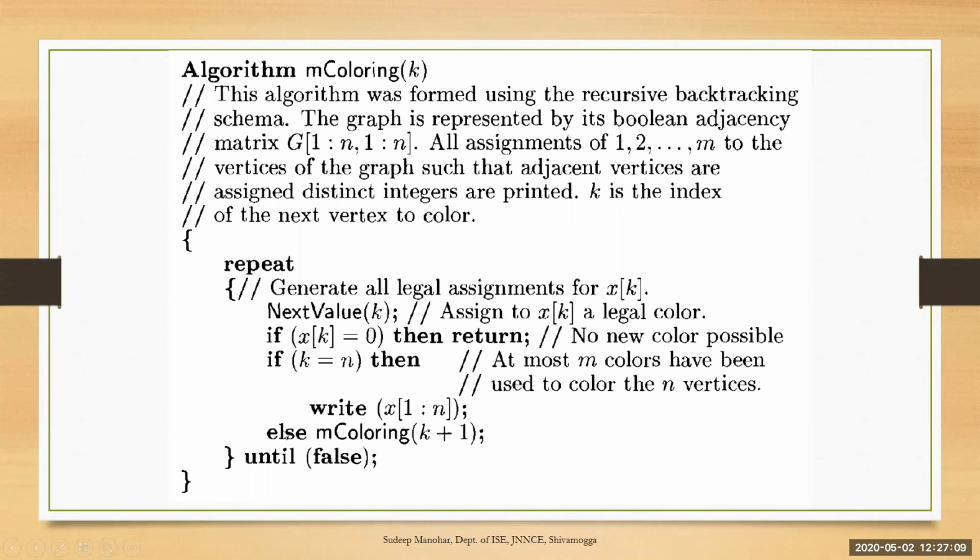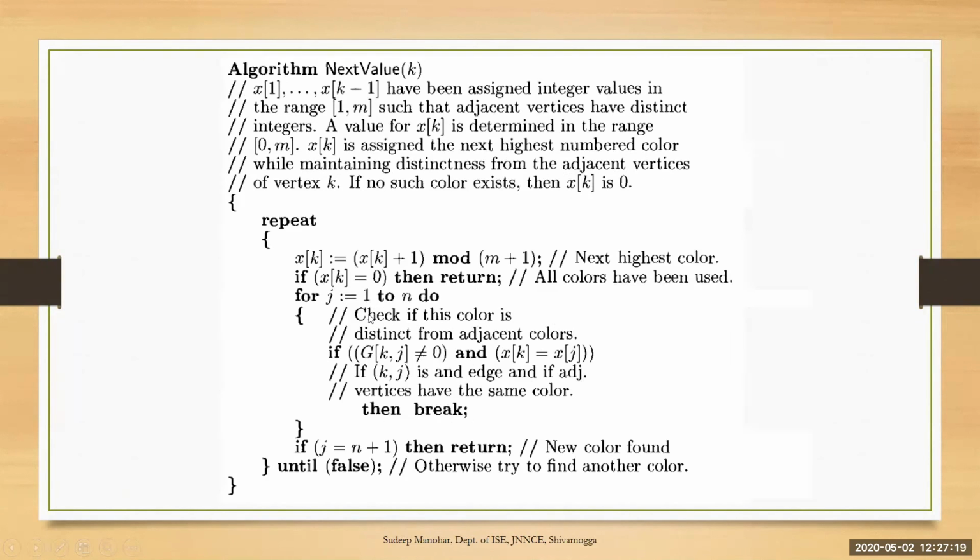So once again, it comes to the else part. It increments the value of k. K becomes 3 now. So once again, it goes to the same function and calls the next value, 3. Now vertex number 3 has to be colored. Vertex number 3 is 0, 0 plus 1 is 1. So now it checks whether color 1 can be given to vertex number 3.